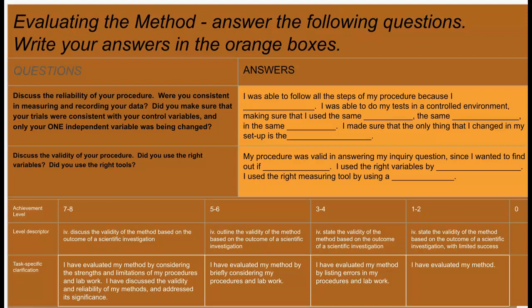This is for slide 10 with 2 question prompts. The first question prompt states, discuss the reliability of your procedure. Were you consistent in measuring and recording your data? Did you make sure that your trials were consistent with your control variables and only your one independent variable was